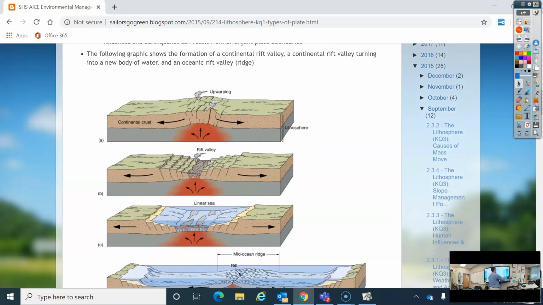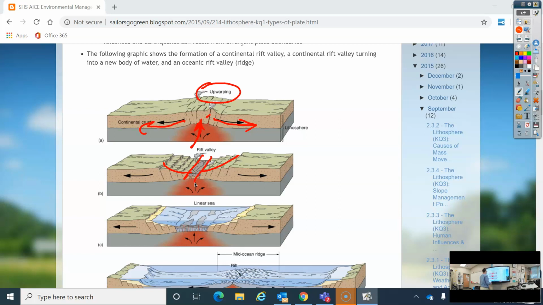As you can see here, we've got the magma moving up, spreading apart, and this is a place where continental crust is spreading apart. You can see these plates are moving away from each other. That's the first part. The magma is going up, causing some upwarping. You see the volcanoes here. As it spreads apart and that upwarping happens, it will start to concave, and that will make your rift valley, a valley right in the middle of that